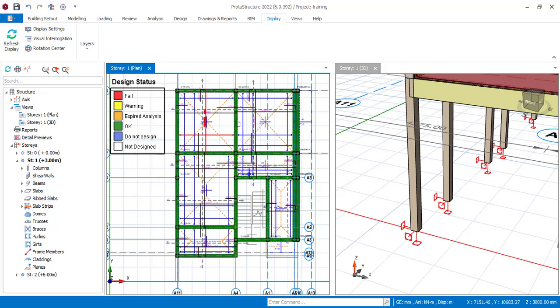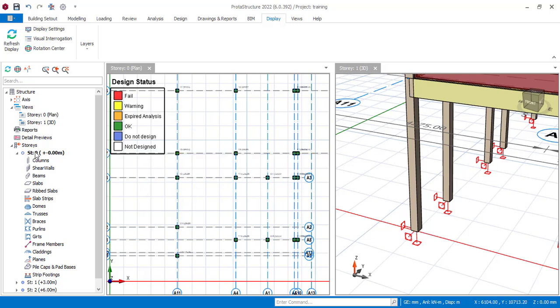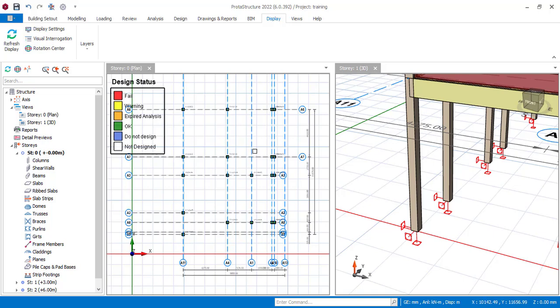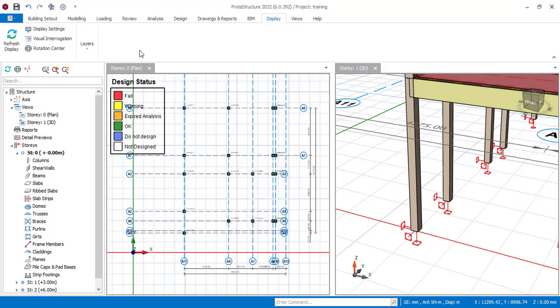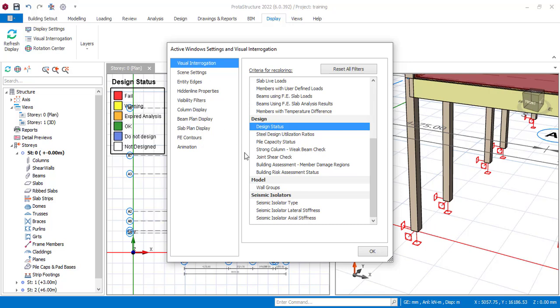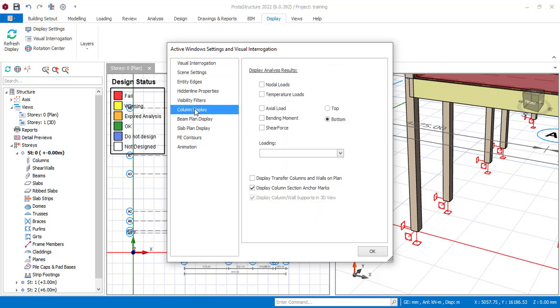Now the last thing we need to do is the foundation. If you come to your story 0, you have to double click on this ST0. Once you come here, it is important most times if you want to check the loading, the axial load from on the column. So if you click on visual interrogation, you can come to this column display here and you